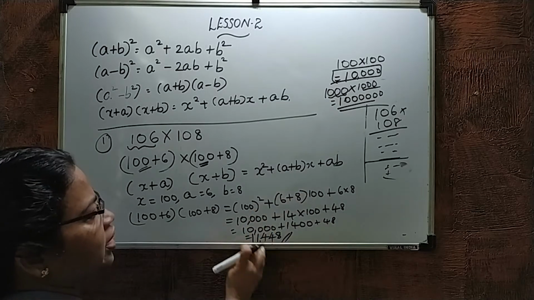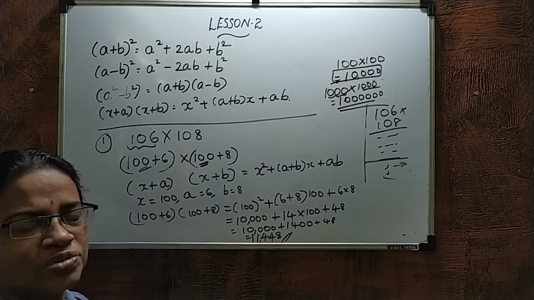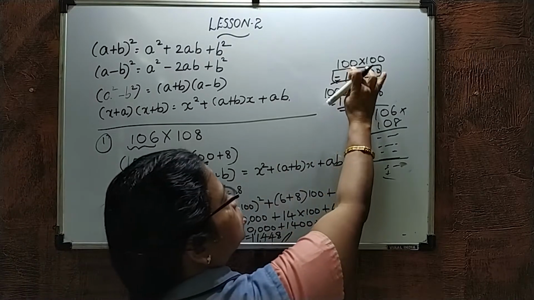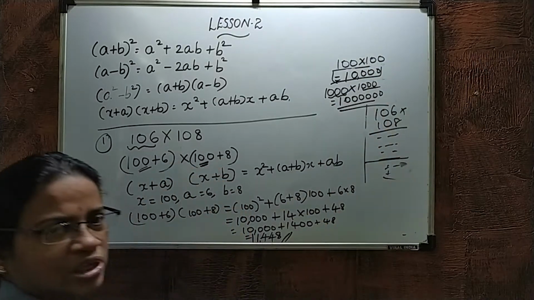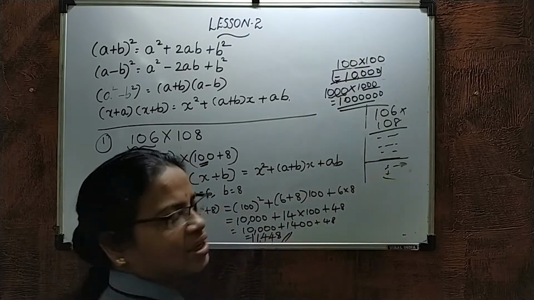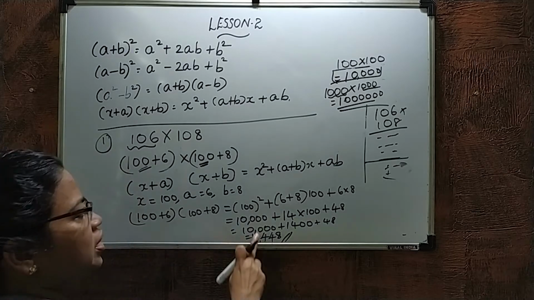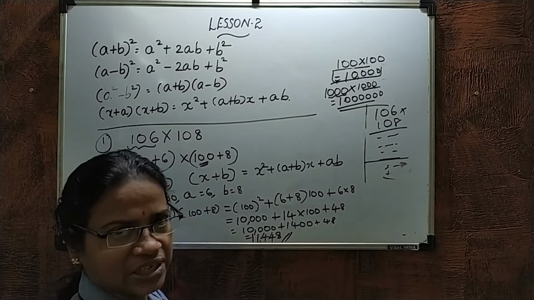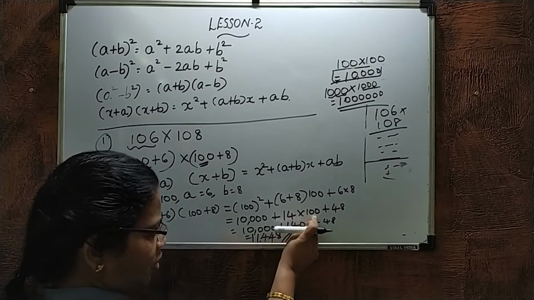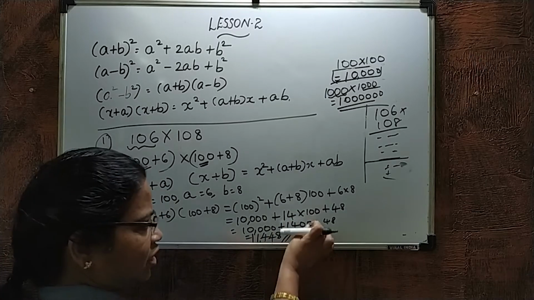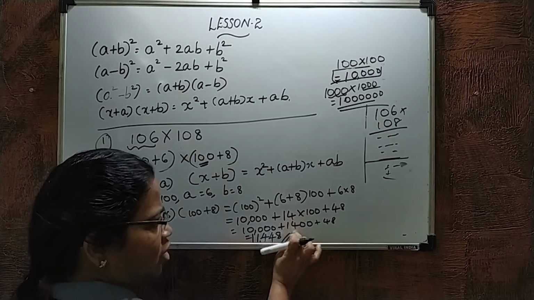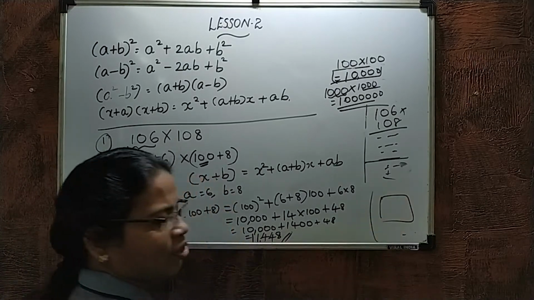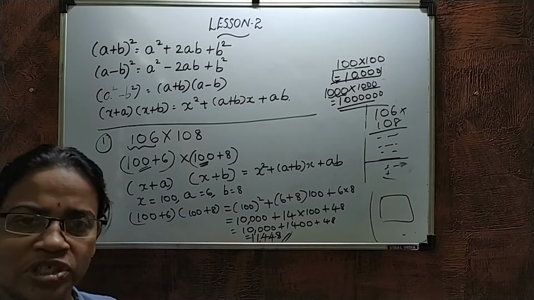Apply with the values, you will get here 100 square. 100 square means what you have to do? 100 into 100 means just write how many zeros in total. Here it is 2 zeros, here 2 zeros, write the 4 zeros. Then balance 1 into 1, write it as 1. It will be 10,000. 10,000 plus 6 plus 8 is 14 into 100 plus 6 8s are 48. And here only we have to do the multiplication. How will you multiply with 100? Just write the 2 zeros first and then 1 into 14, 1,400. Just add. If you want to add here in the working column, okay, no problem. Otherwise, if you can do manual calculation, it will be better.